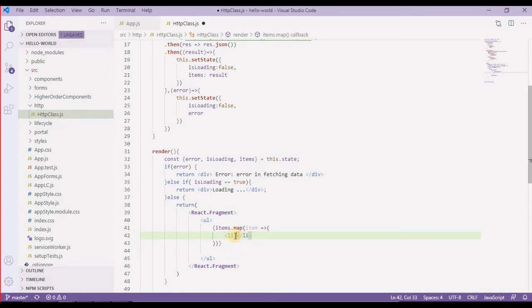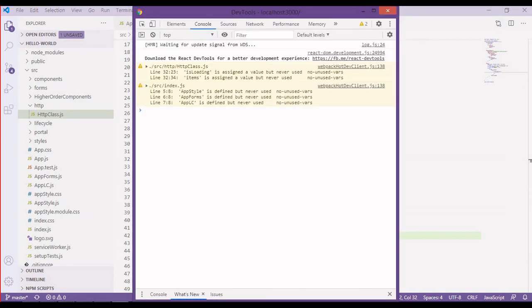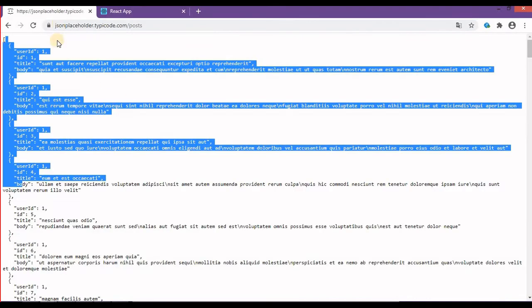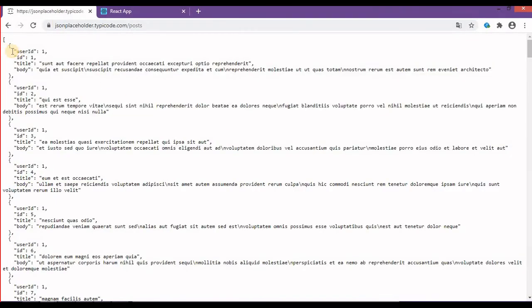with that data. So before we get into that data, we should check what is in our data. It is having a user ID that is unique, then ID that is also unique, and title and body. So what I'm going to take is this ID, which is unique, as the key property. So let's go back to code again.